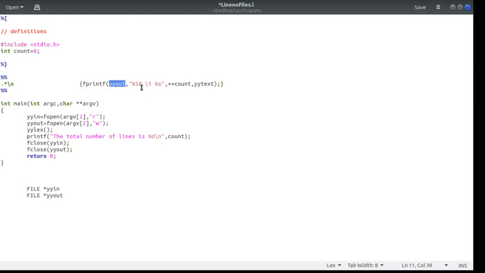And what we are going to write? We are going to write the line number followed by a tab followed by the string. String means whatever is there in yytext, as explained earlier. And here we are incrementing the count. Every time we find a line, we are going to increment the line count.